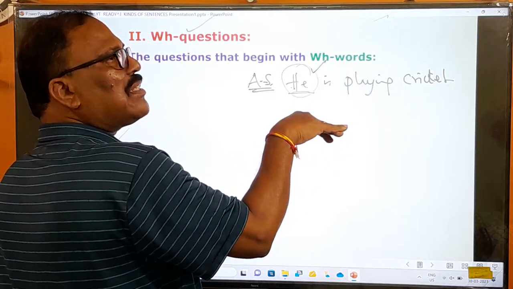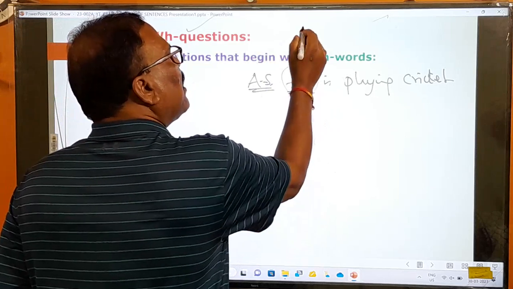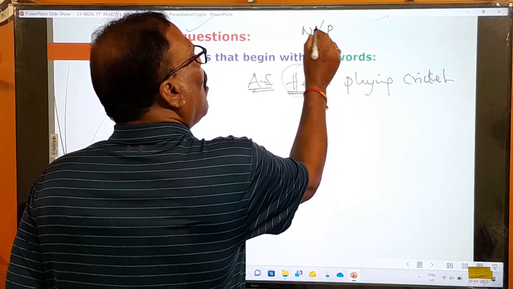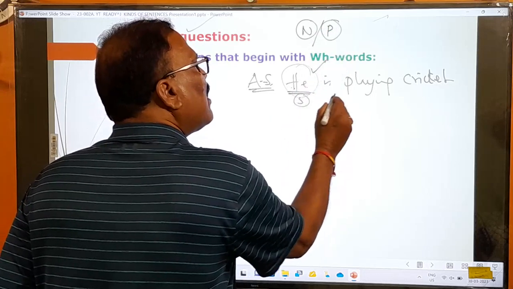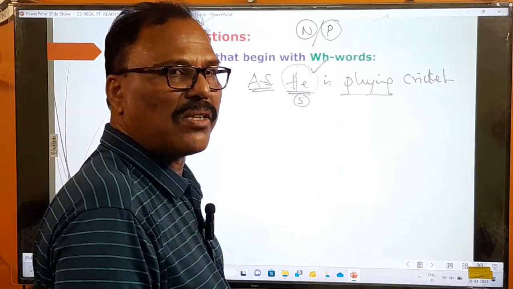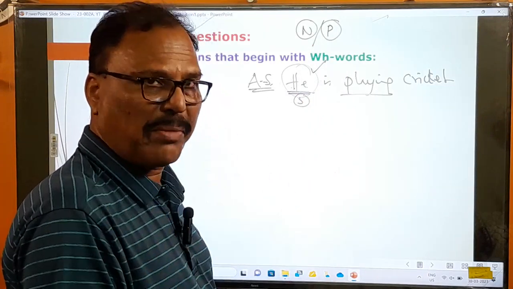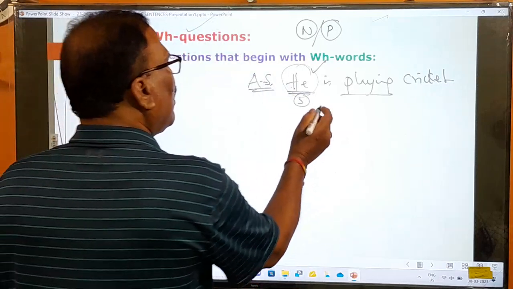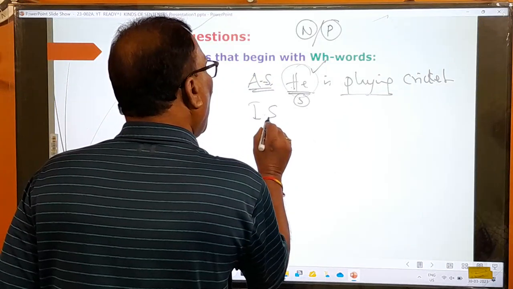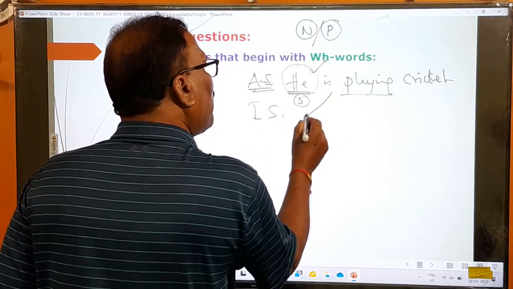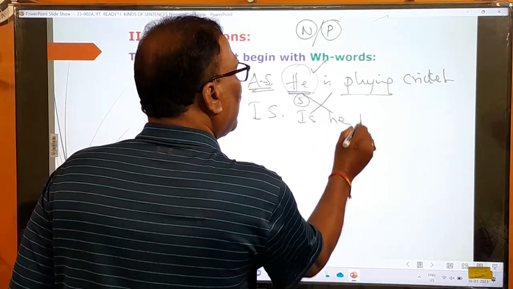In another way also I can say, any sentence that begins with the subject, which can be either a noun or a pronoun, is called an ordinary sentence, assertive sentence, declarative sentence, statement, anything you can say. So here this is an assertive sentence. Now you can change it into an interrogative sentence. How? You just bring this helping verb to the front position. Then what happens? Is he